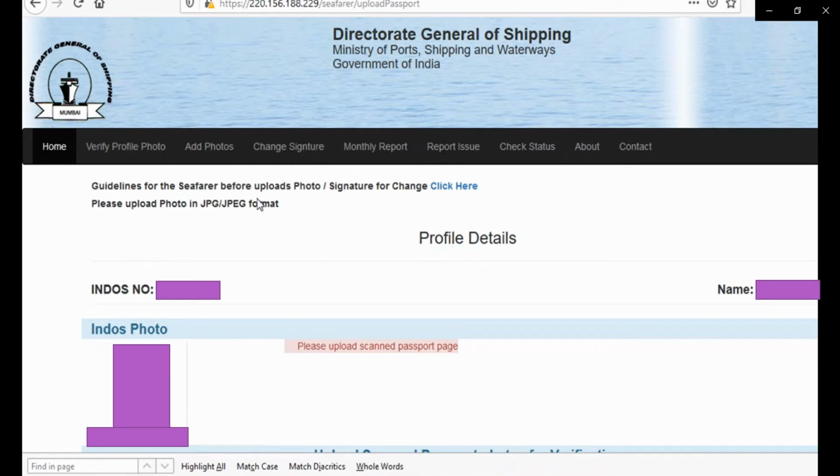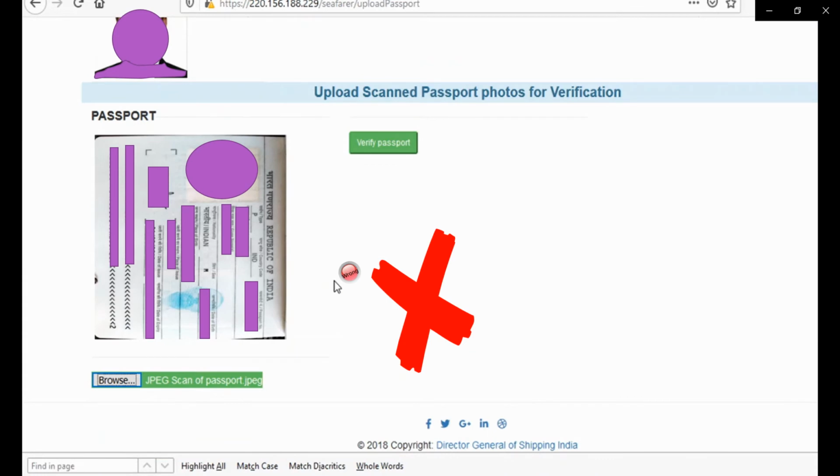After you have done that, you will come to the next page, where you might find a problem: you have to upload the scanned passport page. This is where people may get stuck, because when you try to upload the passport, it doesn't get uploaded. In this particular case, the attempt is made to upload it in JPG format. You can see it here. It is showing in green, which means this is an acceptable format. However, the scanned image in the JPG format in this layout gets rejected.